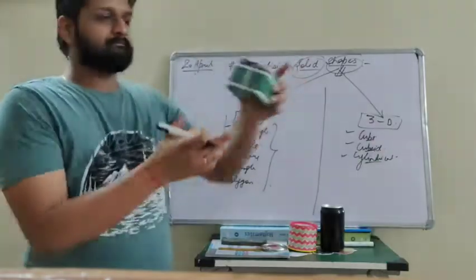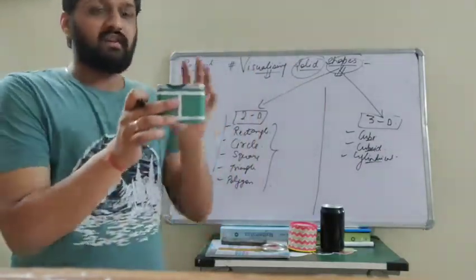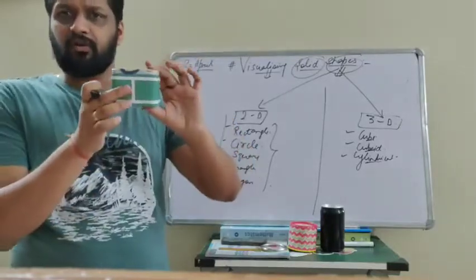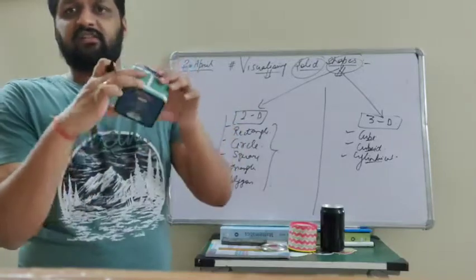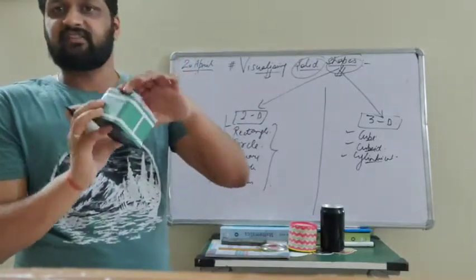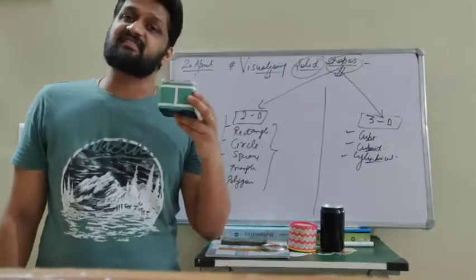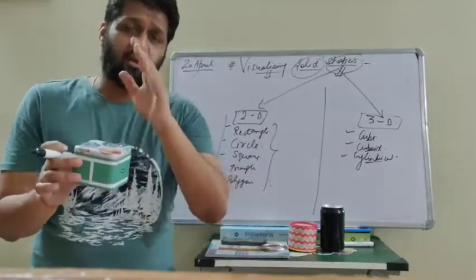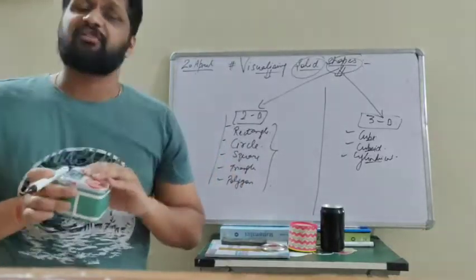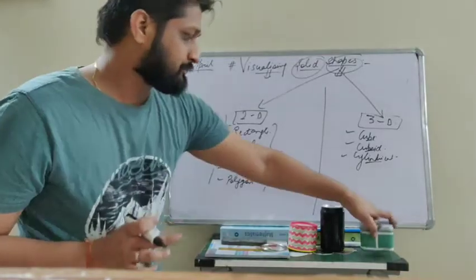Now what is this shape? As we have discussed right now, this is just like the shape of a cube. This is first the top face, then the bottom face, and 4 side faces. So how many total faces are there? 6 total faces. So basically this is just like a cube, or you can say a cuboid as well. If the dimensions are not equal, then it is a cuboid, and if the dimensions of all the faces are equal, then it is considered a cube.